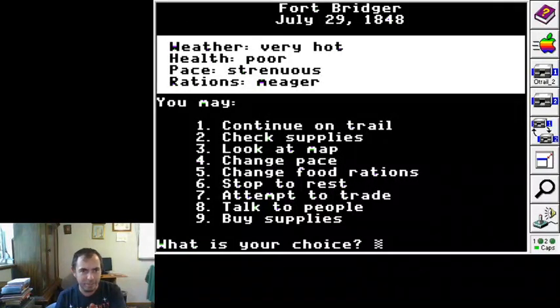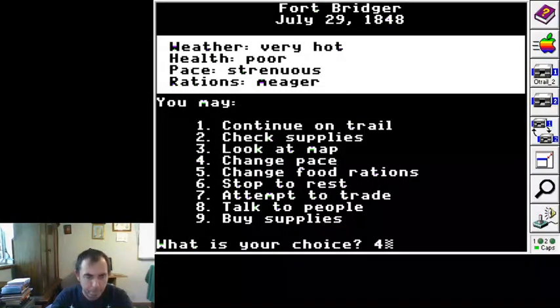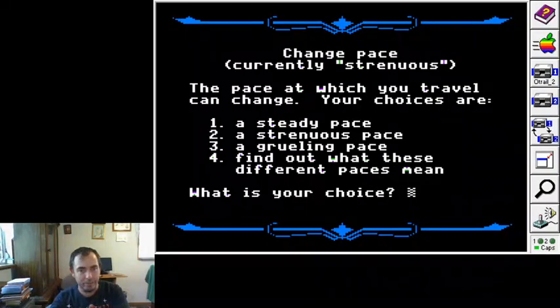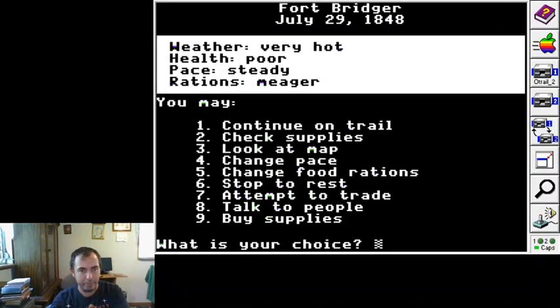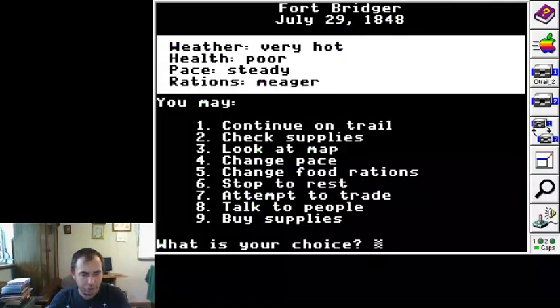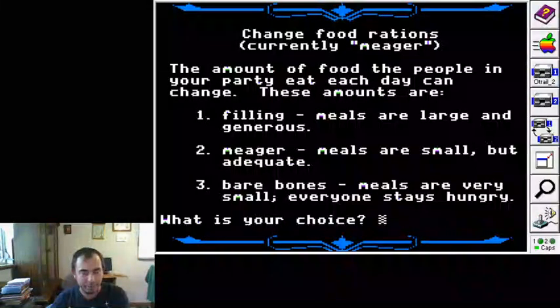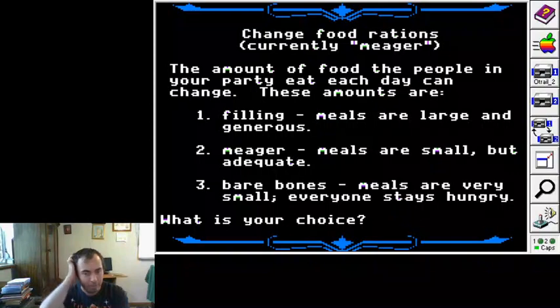If I had changed the pace to steady and rested for 5 days, would my health have increased faster, even though I'm literally just resting either way? Anyway, now let's change the food rations. I'm gonna monitor how much food is being consumed and how many miles I'm making per day.